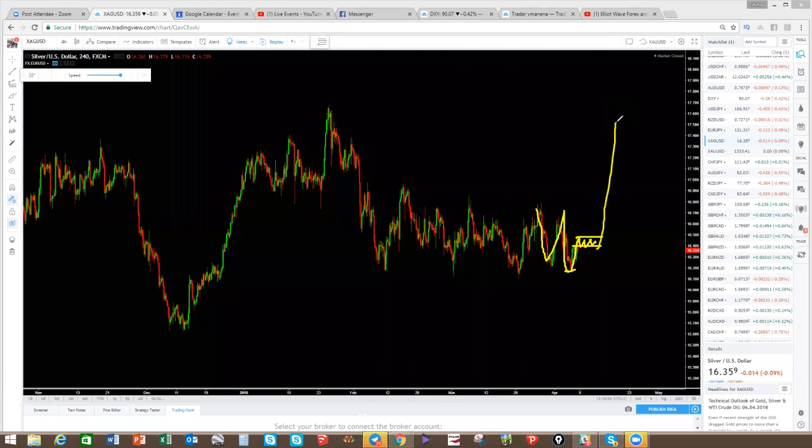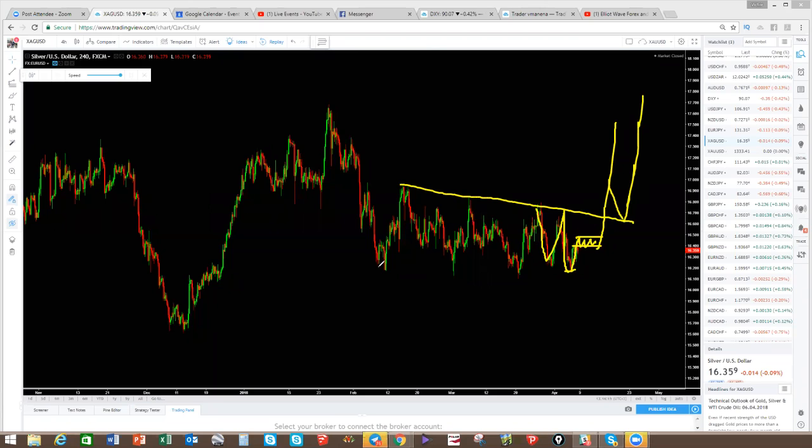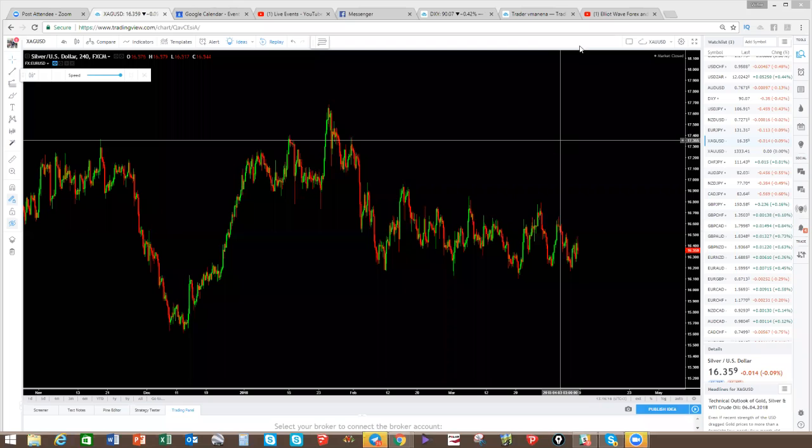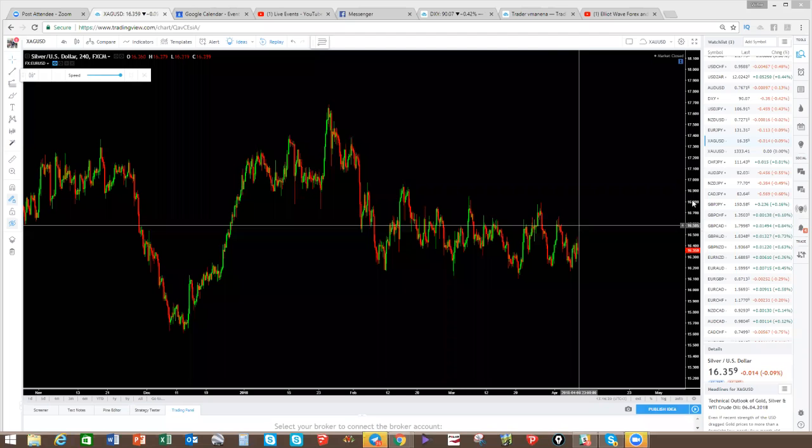If it breaks, then you're good, you're in the trade. You're taking it here. Otherwise, even if you don't take it there, it's still okay. If it breaks, it will come back here and then it will go. That's how a V pattern plays out. Okay, that's silver. Okay, now looking at the indices,